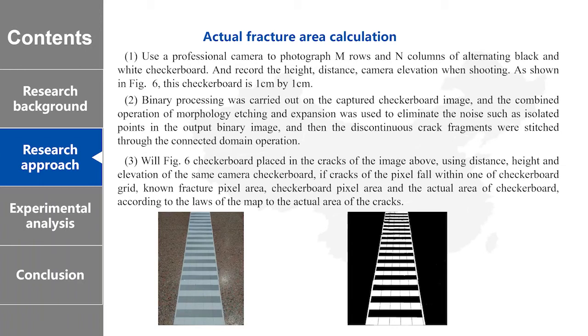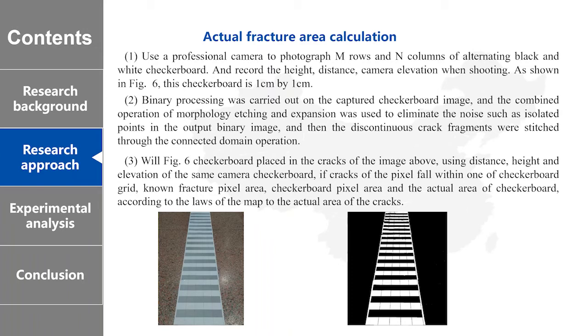The calculation of the actual crack area is an important part of slope disaster monitoring, but it is difficult to measure the actual crack area from the image. The chessboard mapping method is proposed in this paper. The chessboard is used as a calibration plate, and the actual length and width of the chessboard are known. According to the principle of pinhole imaging, the actual length is measured by the length ratio of the reference object. First, use a professional camera to capture